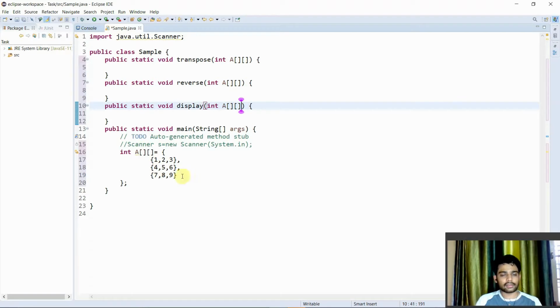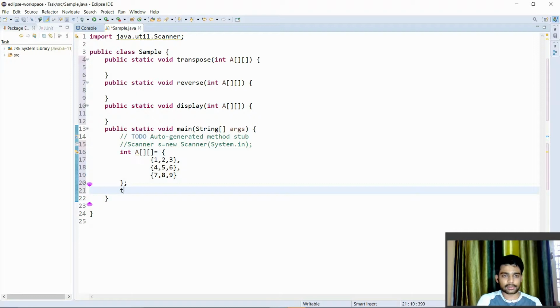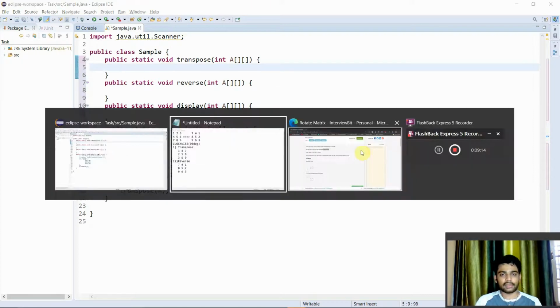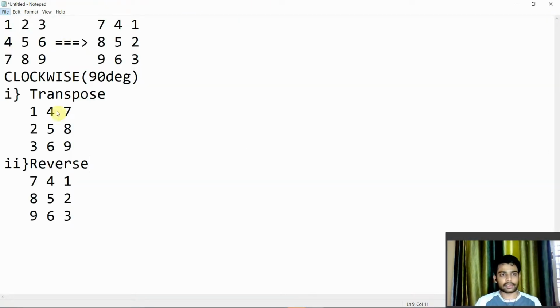So this is the array which we took here. I'll call my function transpose, passing my array here. Inside the transpose, let's get into the explanation part. The input array matrix is looking like this. Just observe these parts very carefully.